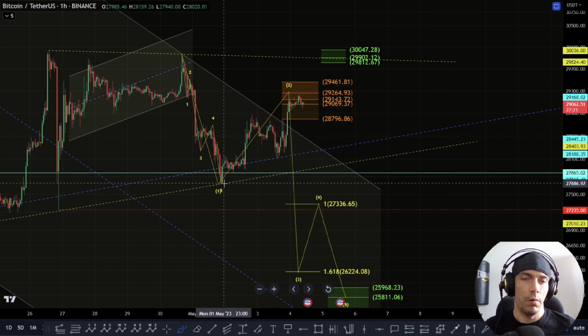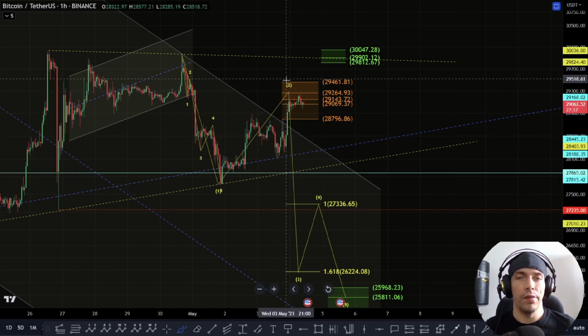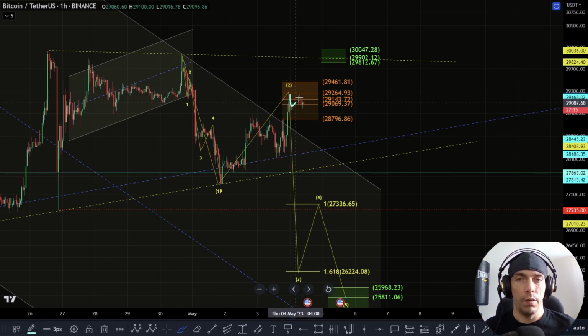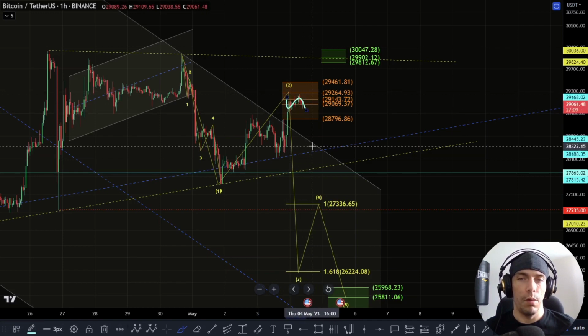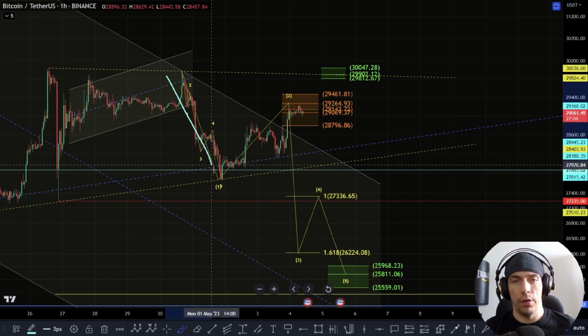Now, it is also possible we could argue this is W, X, and Y, and it could actually be a completed double zigzag, and this could then be starting to build for a bigger move to the downside. But we don't have enough structure here to confirm it. It is just a three-wave move down at the moment, but basically what we're looking out for is the potential